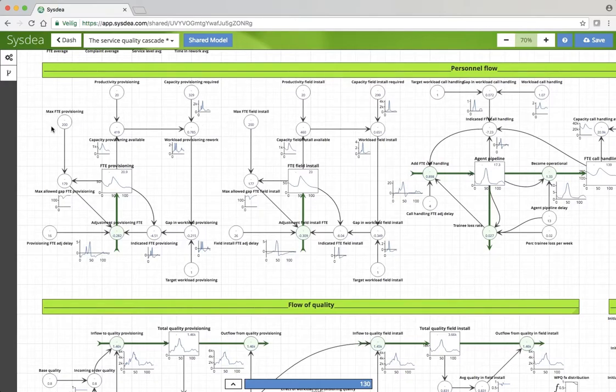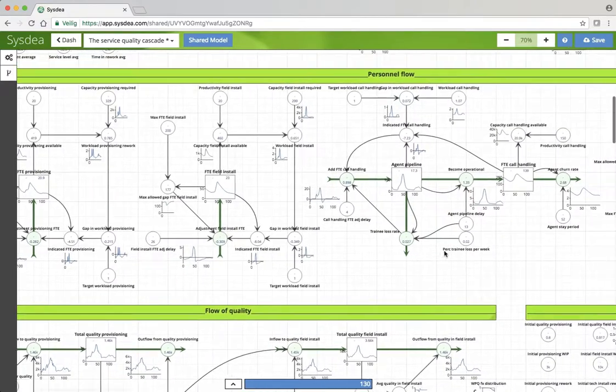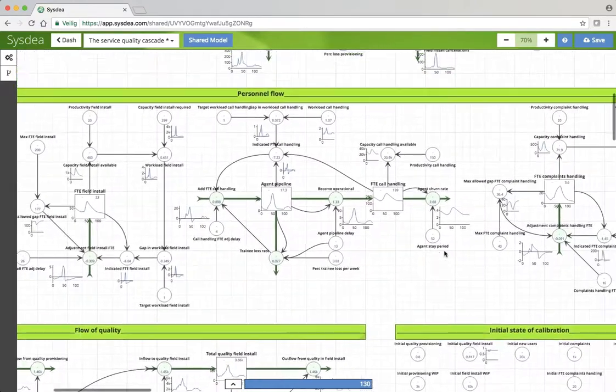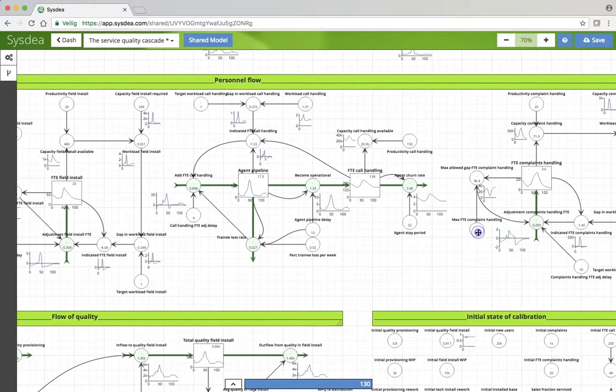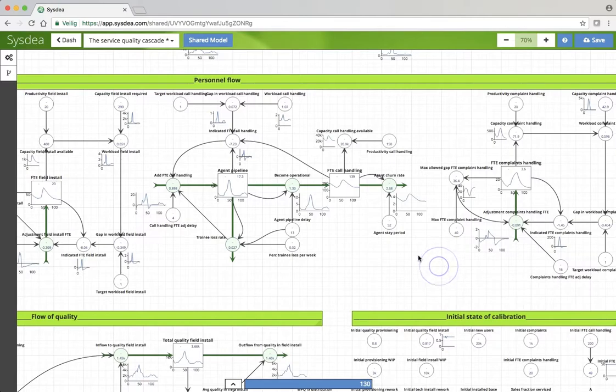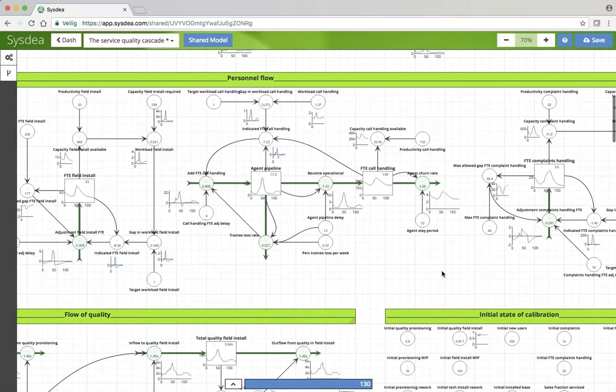We can play with those, but in the simulation model, in field install and in provisioning, there are not really caps. Caps were much more around in the complaint handling area,